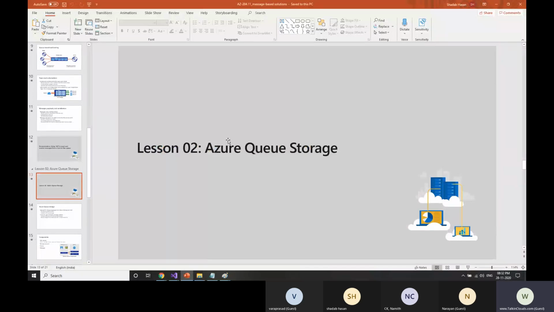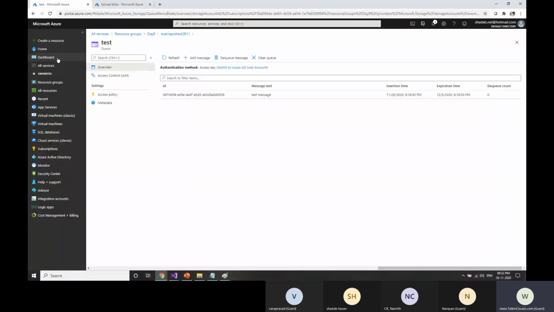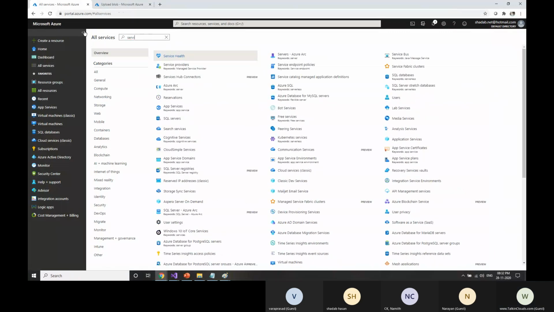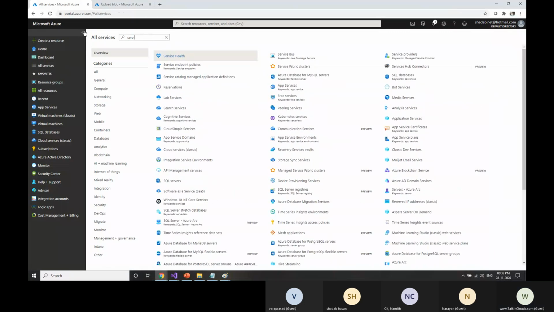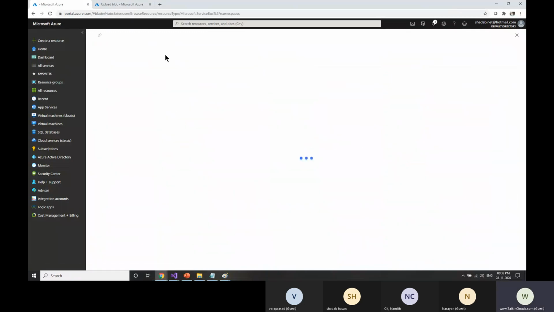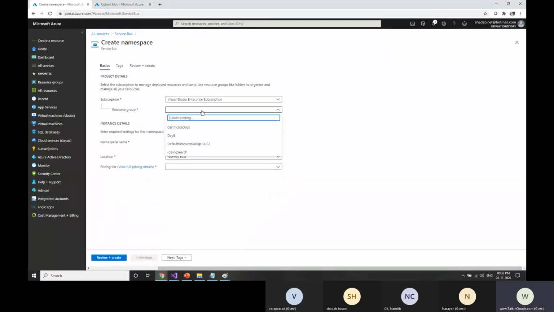Let's see how we can create a Service Bus queue. Okay. Let's move to Azure. So here comes Service Bus, and I'm choosing the same resource group.